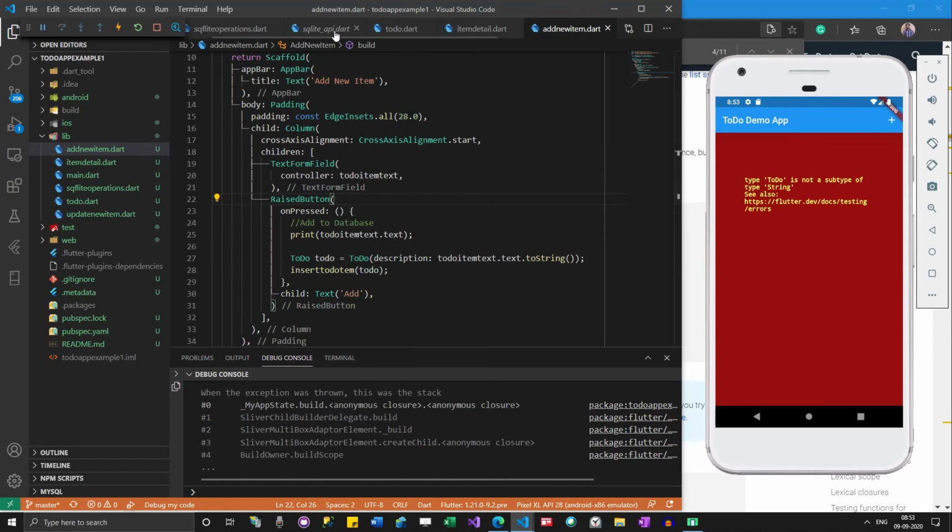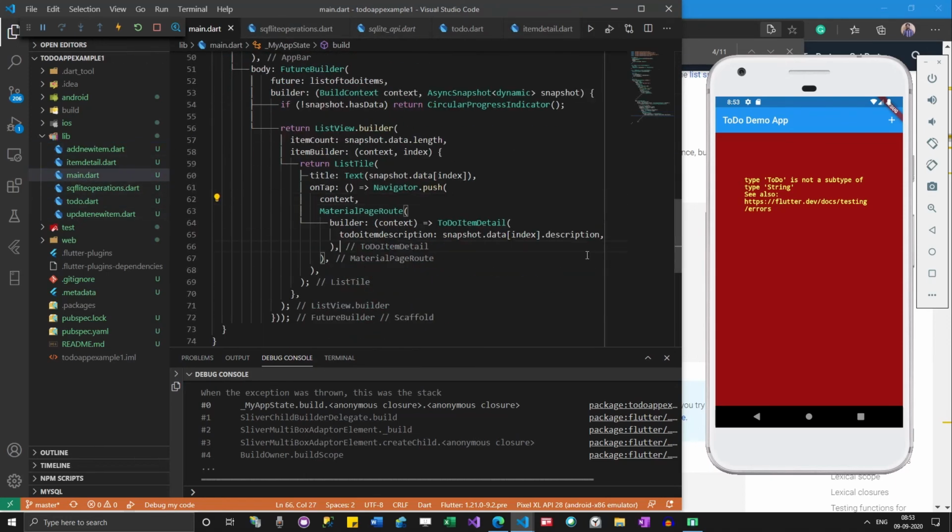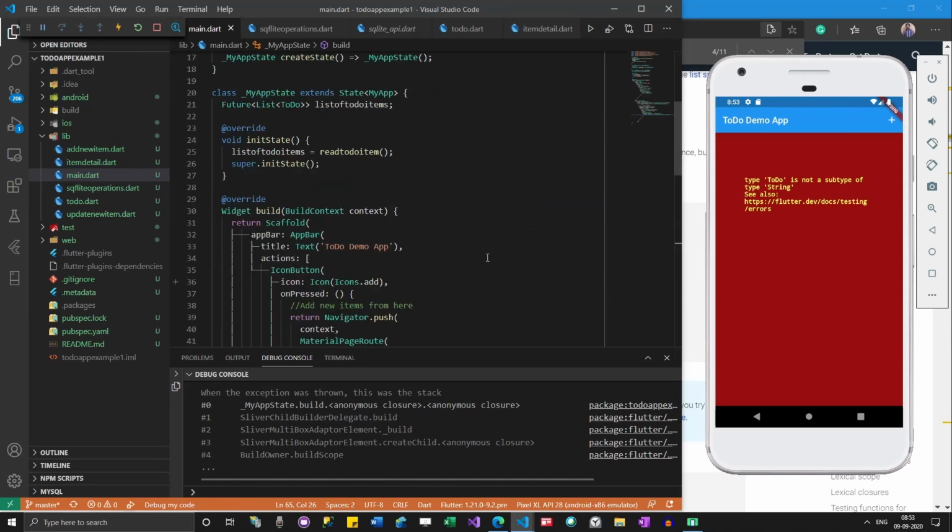So I need to go to the home page and see what is there. Todo is not a subtype of type String. Let's see if this is the issue. Not this one.